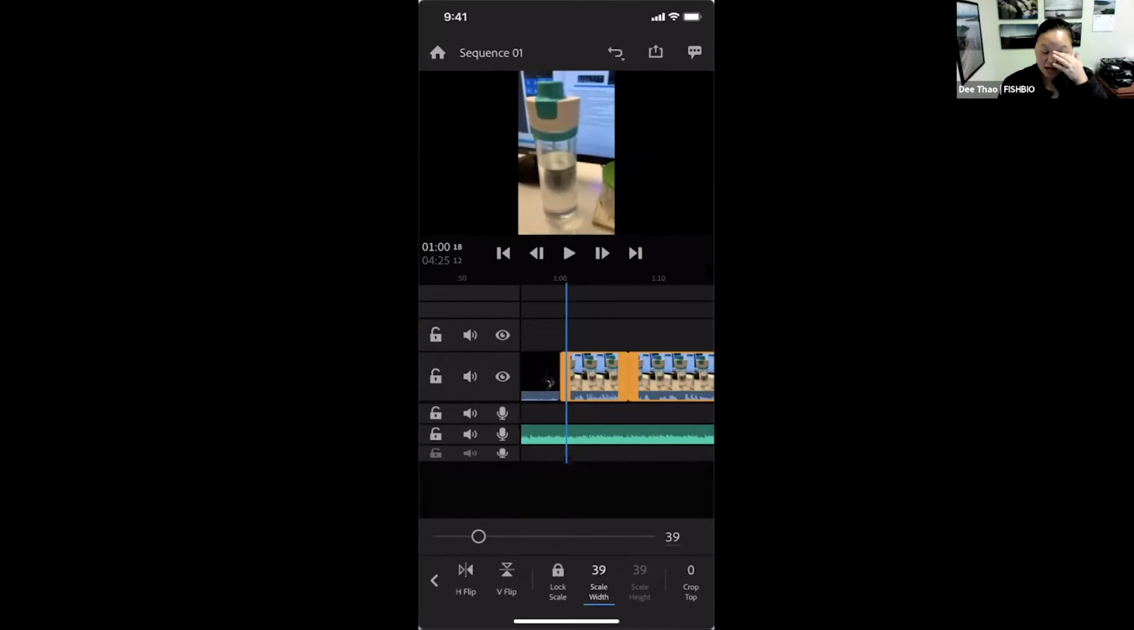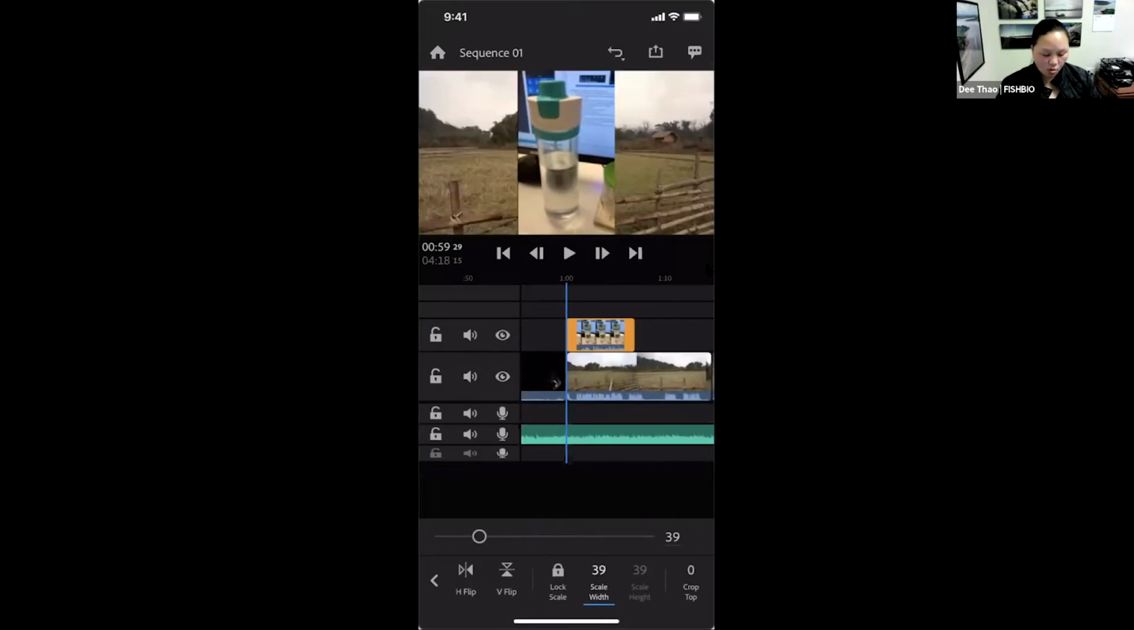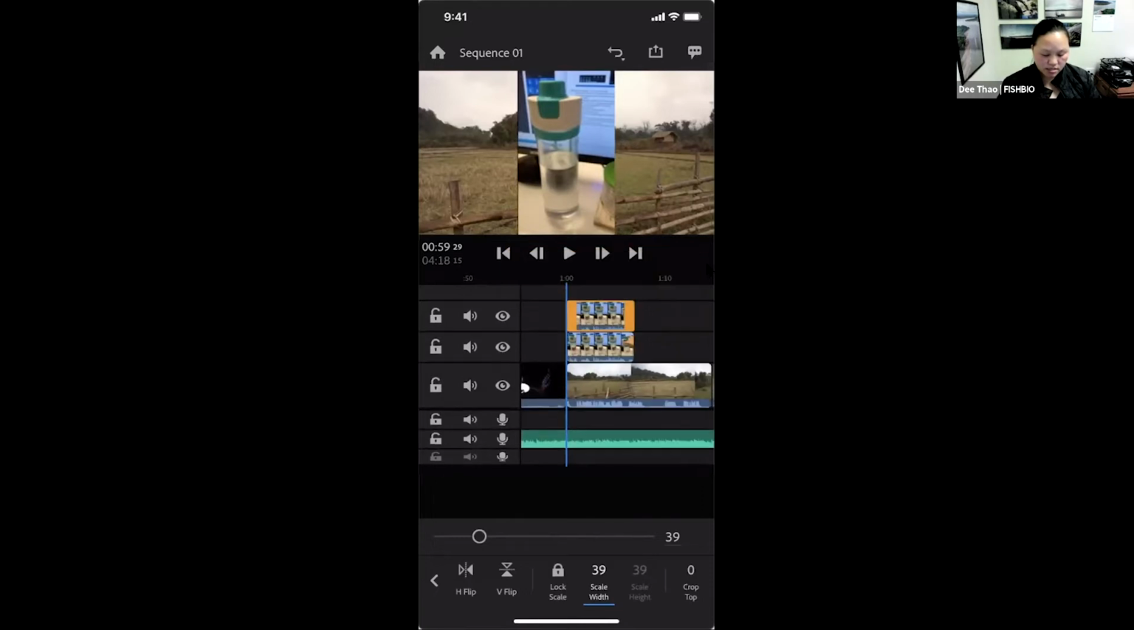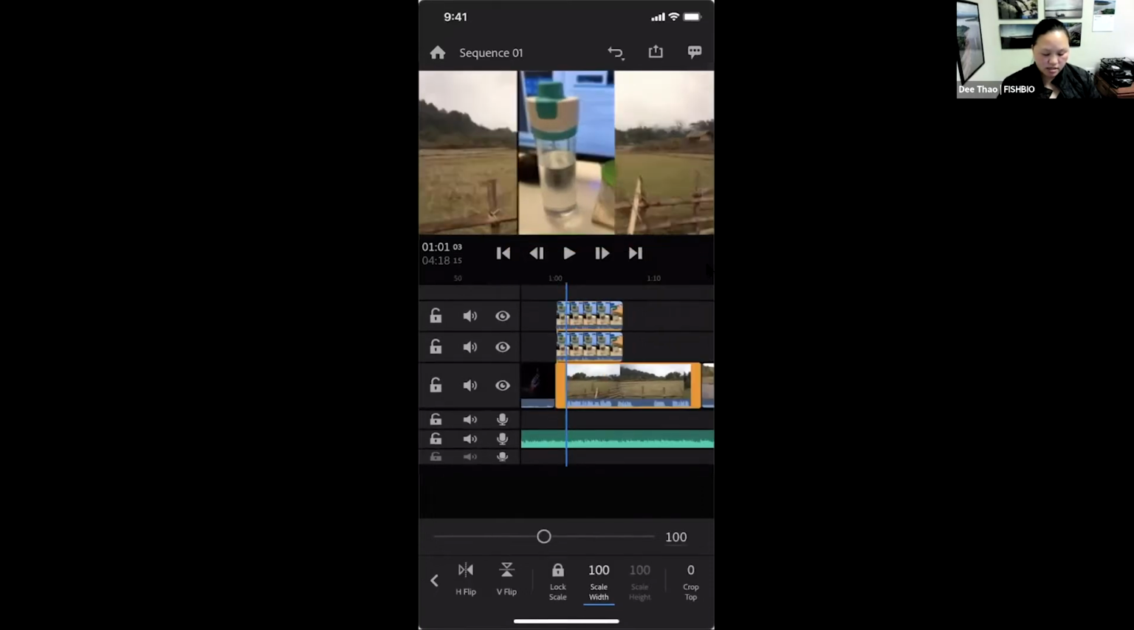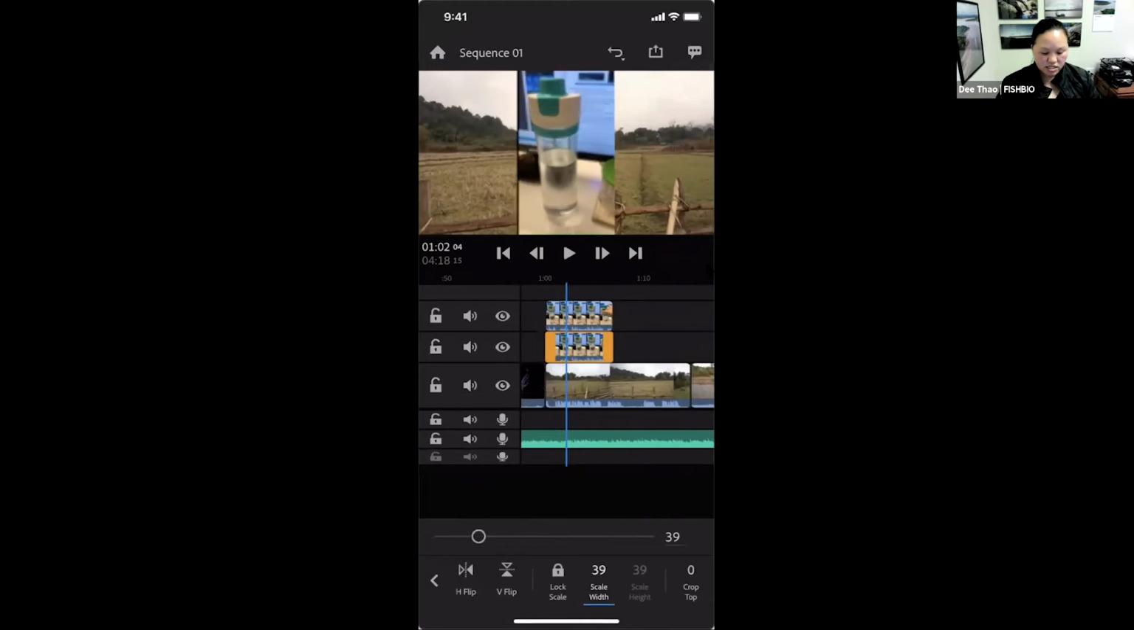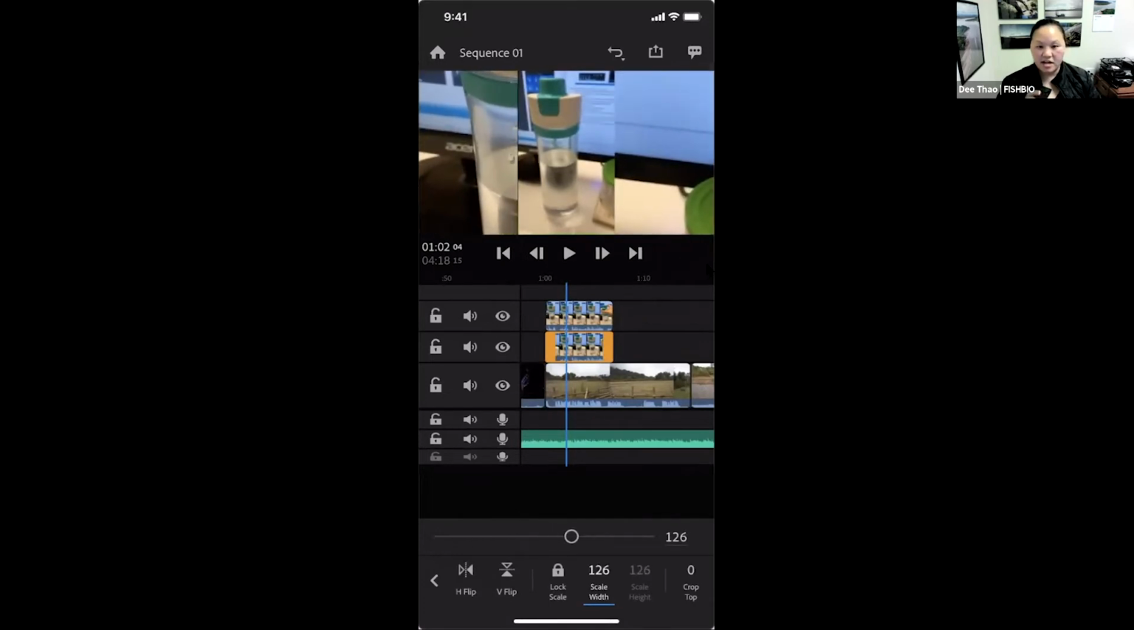One technique that I usually do when I have to do something like this, especially if I'm using a portrait video in a landscape frame, is I'll duplicate this, and the second video, I'll just expand it so that it fills the frame of my landscape video. And maybe I'll put an effect on it,